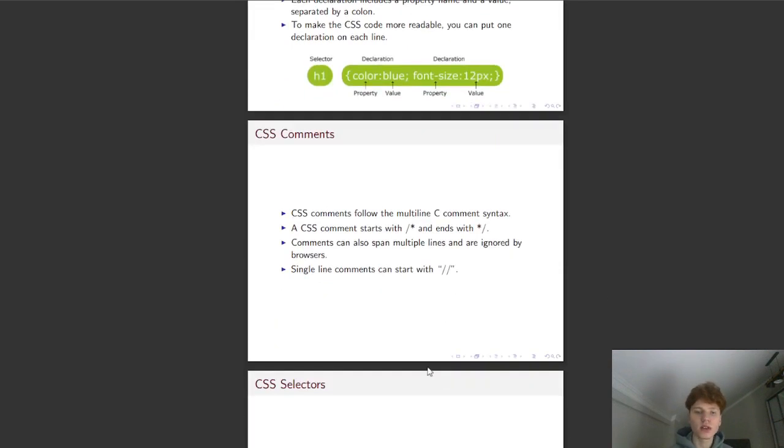CSS comments. CSS comments follow the multi-line C comment syntax. A CSS comment starts with slash star and ends with star slash. Comments can also span multiple lines and are ignored by the browser. Single line comments can start with